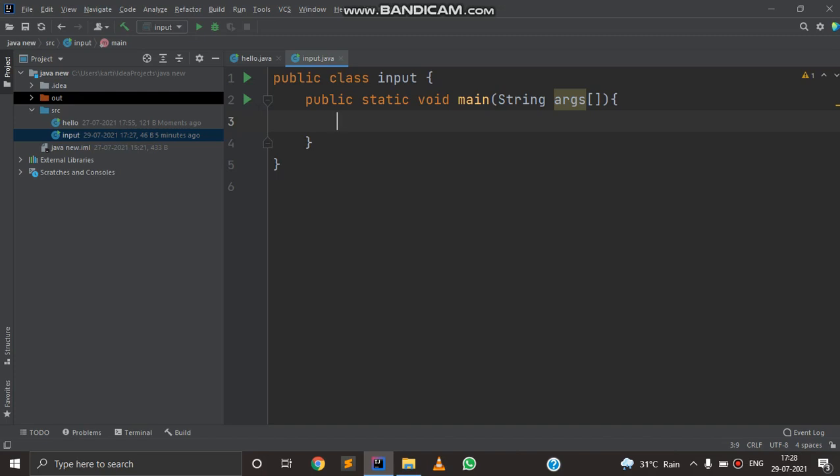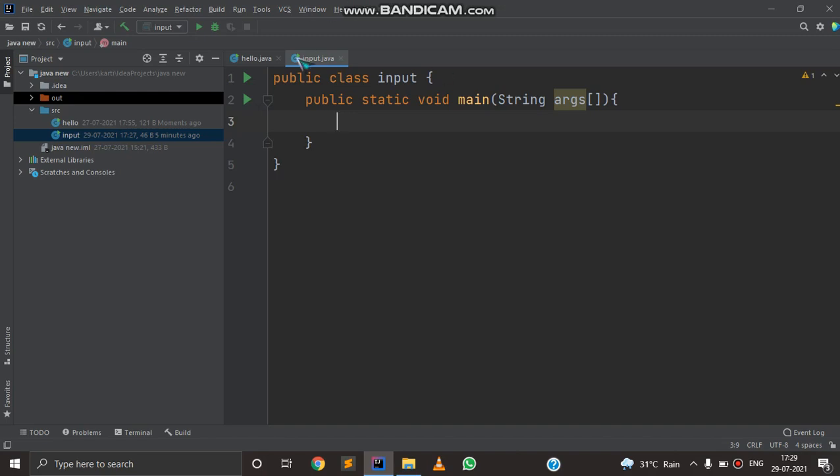These are byte, short, int, long, which come in the category of integer data type. Character, which comes in the category of taking input in the form of alphabets. Float and double, which come in the category of taking numbers with decimal points. And boolean data type, which has a value of true and false. And in non-primitive data types, there are classes, arrays and interfaces, which we will learn in our forward videos.